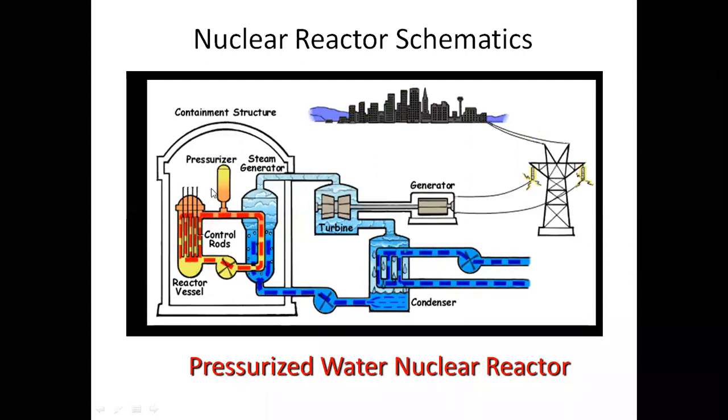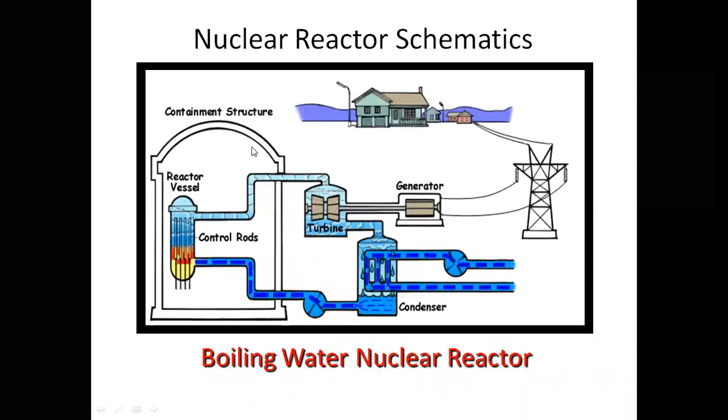This is the pressurized water reactor. Next one, the boiling water reactor. It is very simple. The water is used both as moderator as well as coolant, but here there is no heat exchanger. In this, with the control rod, the steam is generated here itself, and it directly drives the steam turbine.